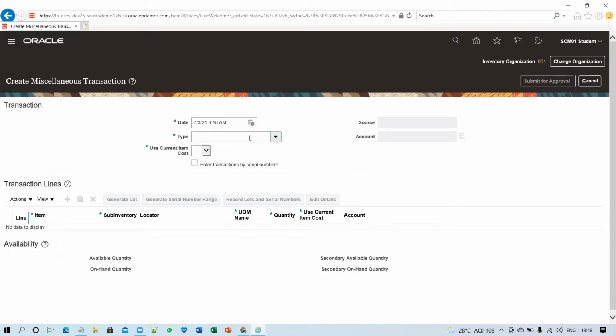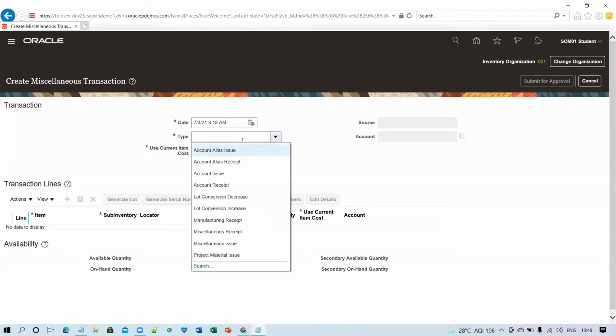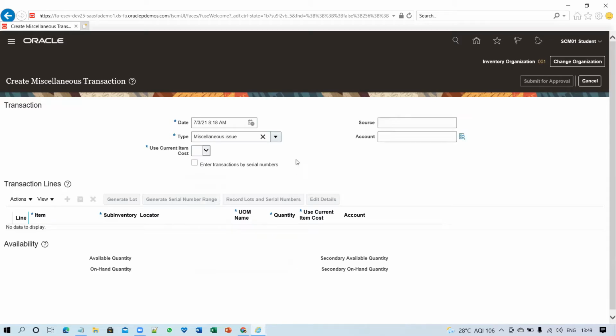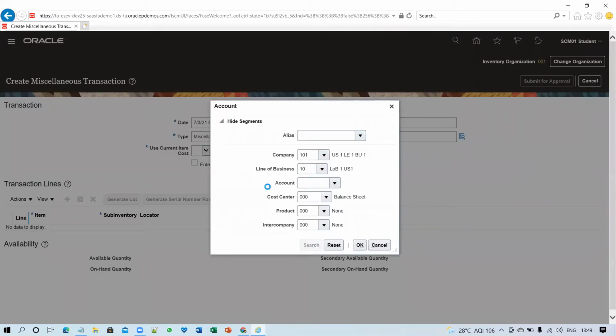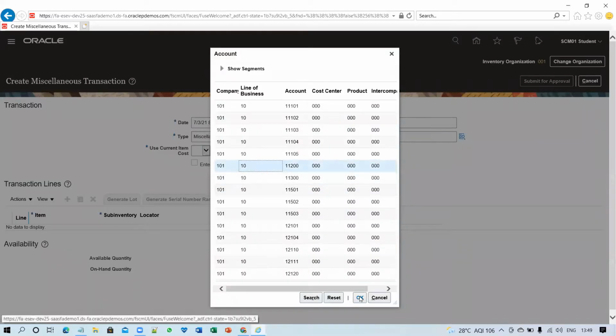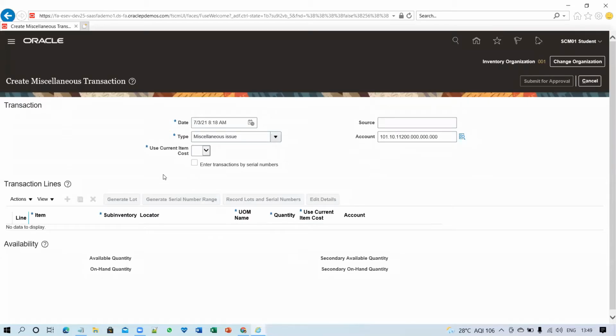Now within the type, you have to select the type. So I'm setting miscellaneous issue. Now you have to select the account. So we'll select any of the accounts. Based on the business, the user can select the respective account, and I'm setting use current item cost to yes. So whatever item cost is available within the system has to be used. Now I will click on add the record.